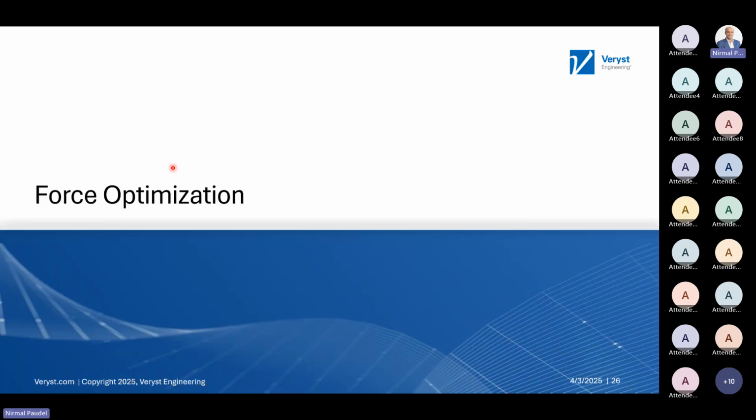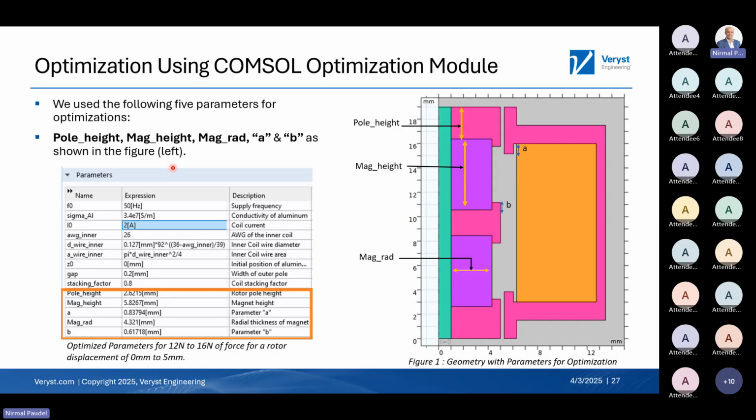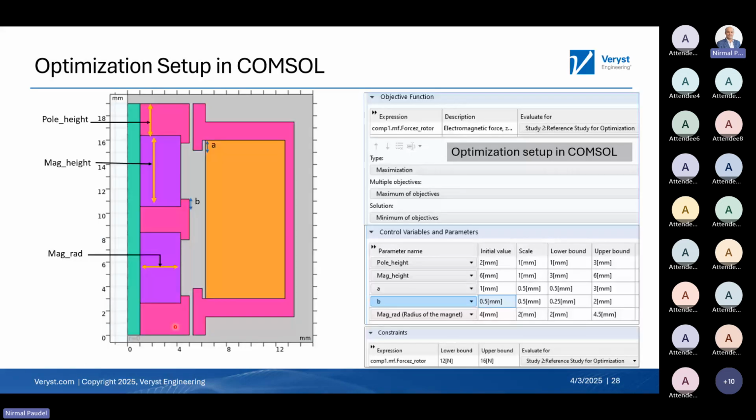So that's why it's important that you not only test the force during the static operation, but also on the dynamic operations. Once we calculate those parameters, we also set up the optimization problem in COMSOL. These are the parameters again: pole height, magnetic radius, parameter A and B. Those are the 5 parameters that we set up an optimization problem. We define the range, from lower bound to upper bound, based on our static simulations, and then we do a maximization